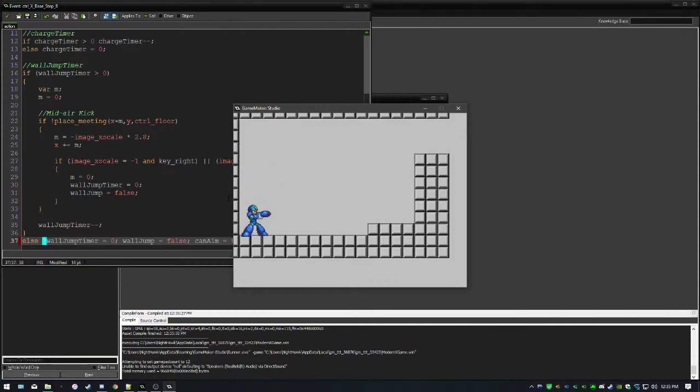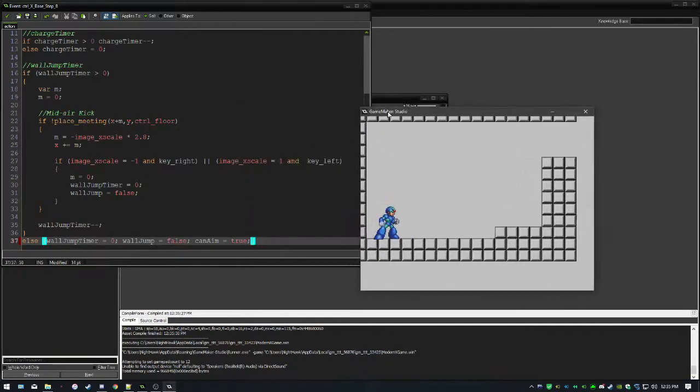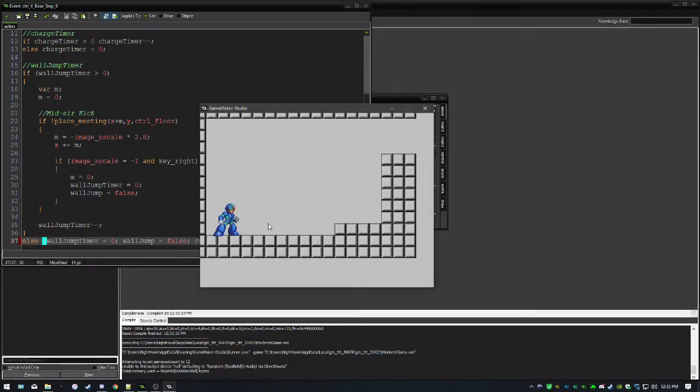Okay, cool. So it gives us that minute to switch our indexes around so we're not stuck in a wall, because if you see here in the code, depending on what our image X scale is, it will be moving us around in our wall jump timer. So that is working perfectly now, and we can continue to